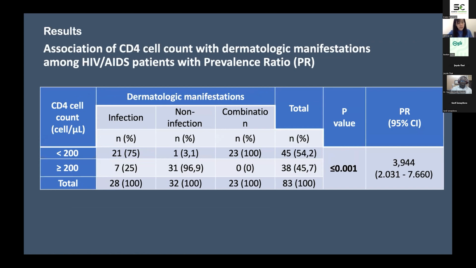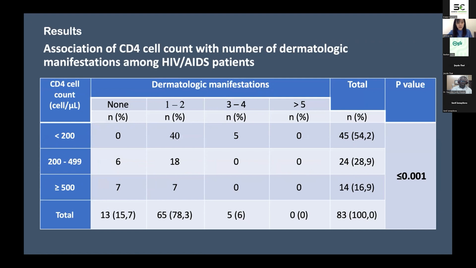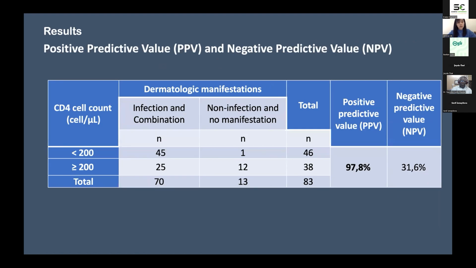There was a significant association between dermatologic manifestation with CD4 cell count less than 200, with a prevalence ratio of 3.944, with P less than or equal to 0.001. There was also a significant association between the number of dermatologic manifestations with CD4 cell count among HIV/AIDS patients, with P less than or equal to 0.001. Infection and combination group